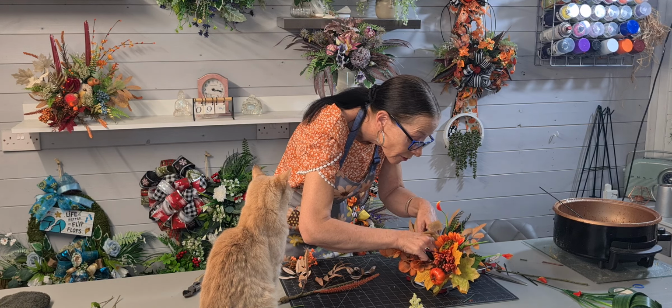Now let me see if I'm happy with that. Yeah, but I still think I need something slightly taller here. And I don't know if I should put,